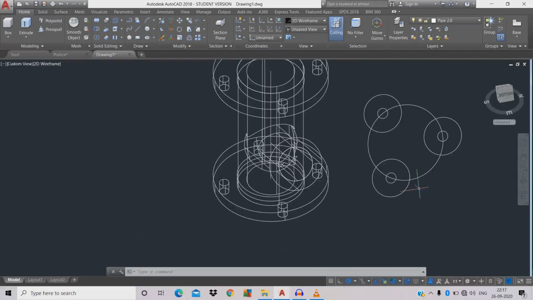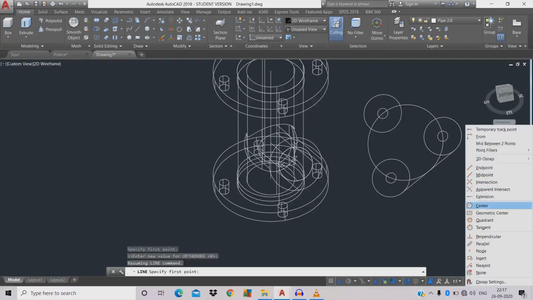here we're gonna merge these three circles by using the TAN command, tangent to tangent. There are two ways. Just we're gonna give L space TAN. We can type it, space, just click the object and TAN space, click the circle over here, it will catch the tangent, escape. The second way is L space, hold the shift key, press the right click mouse, we will find tangent over here.